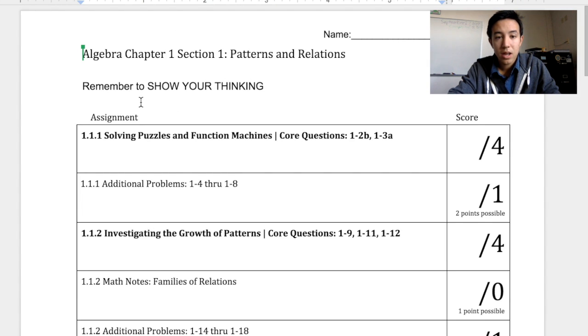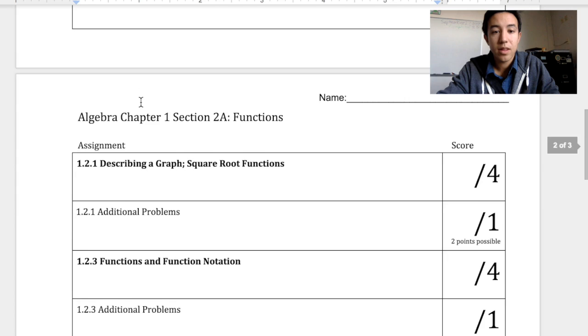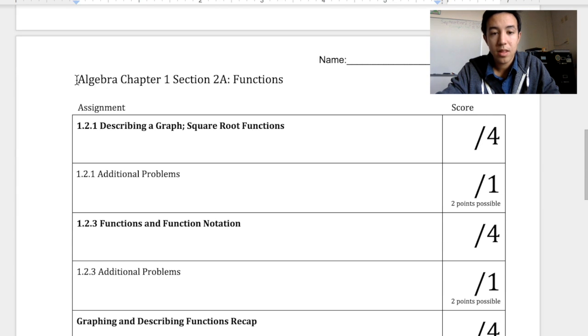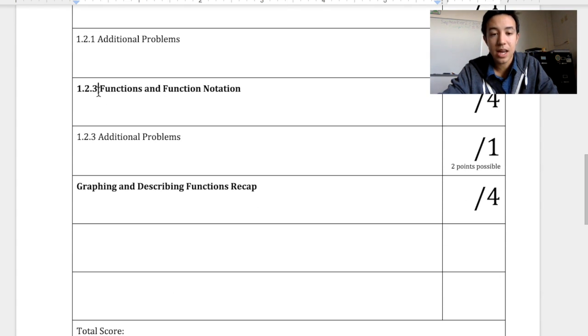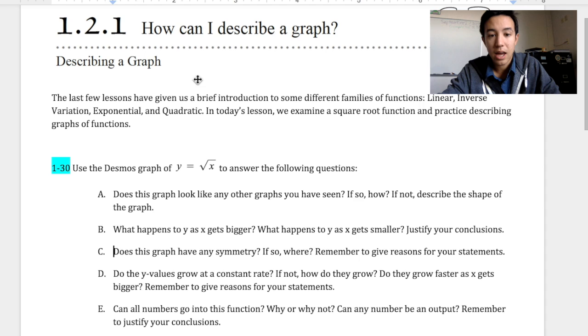So coming up next, we have the next checklist here. Starting with the square root functions, like I said, functions and function notation, so inputs and outputs and how that looks, and then a quick recap before our test, or our pretest, and then looking at